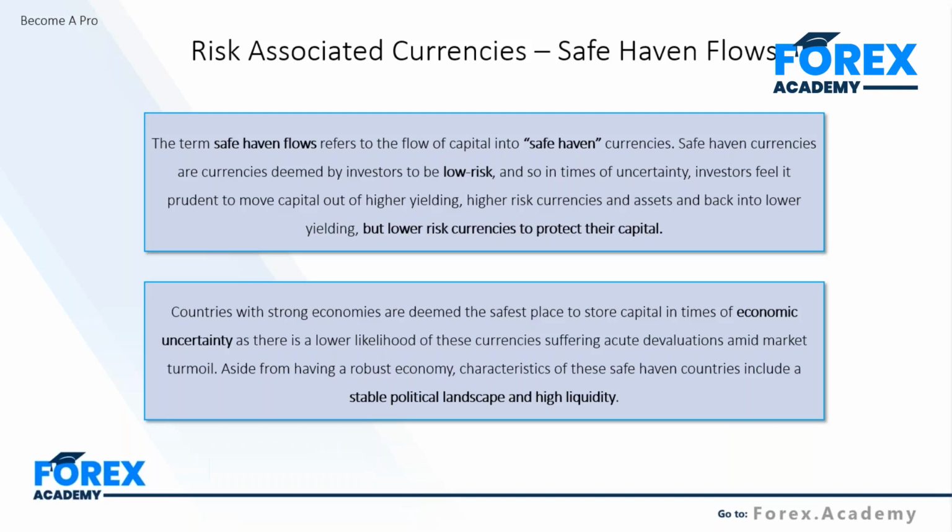Now, does that make sense? Of course, it's all about risk, guys. A lot of these trades are all about risk. We know that the Japanese yen is one of our most common barometers of risk. When we see market uncertainty, we see cash flow into the Japanese economy. It's a strong economy. It's healthy. The Japanese currency sees an uptick.